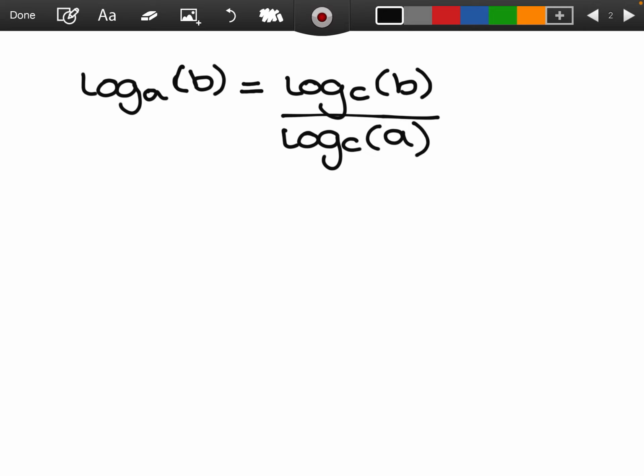So if we ever want to change a log from being log base a, so we no longer want a to be our base, but we want c to be our base, then we can actually write this log as log base c of b and log base c of a and do a division. Like I said, c is normally going to be either e or 10, because normally you're going to want to write things in terms of log base e, our natural log, or log base 10,